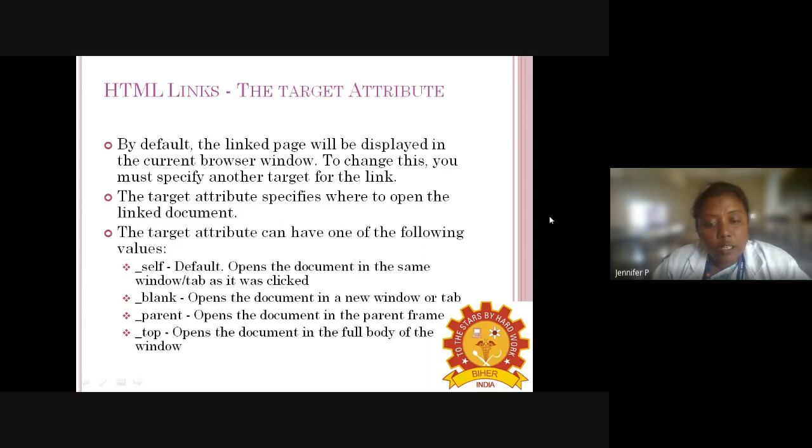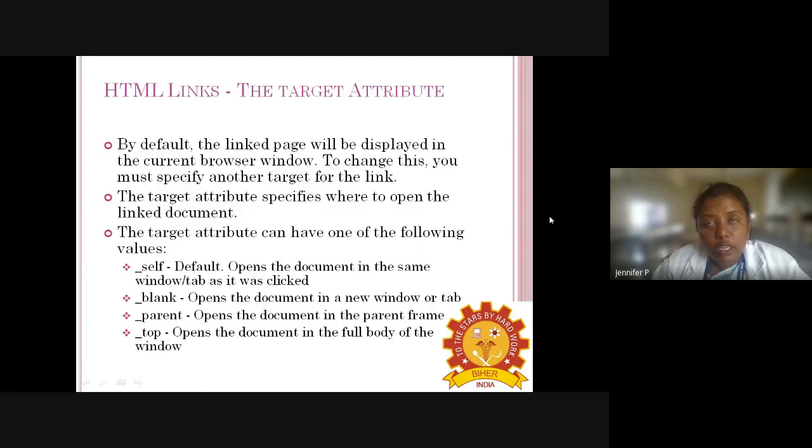The target attribute can have one of the following values. Underscore self, the default, opens the document in the same window or same tab as it was clicked. Underscore blank opens the document in a new window or tab. Underscore parent opens the document in the parent frame.